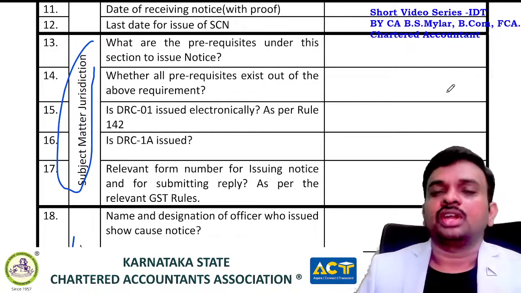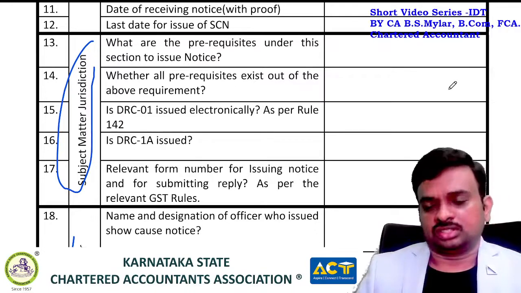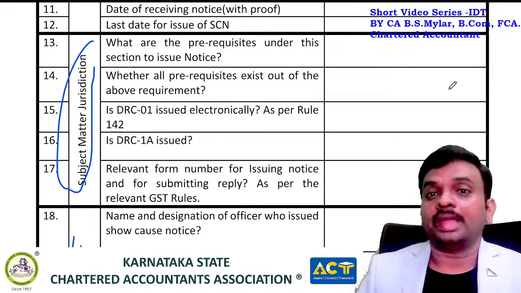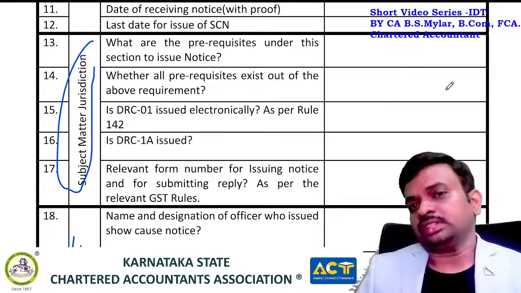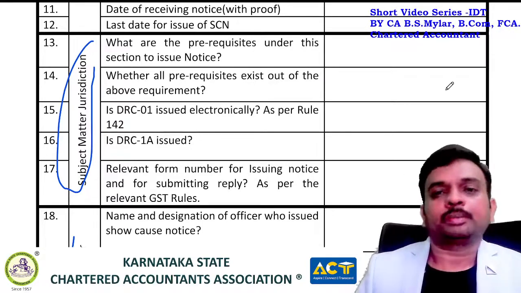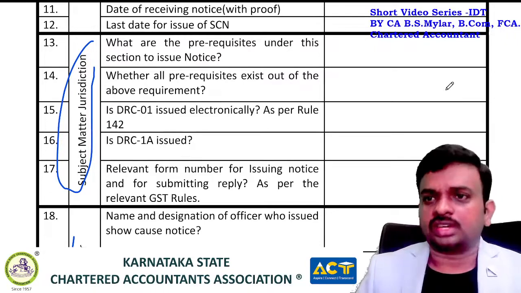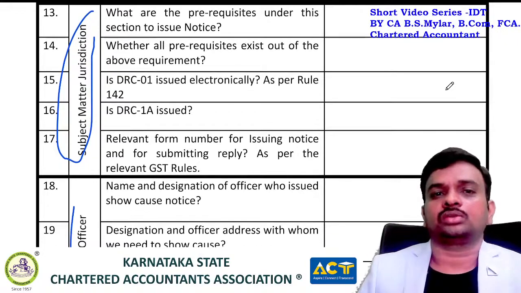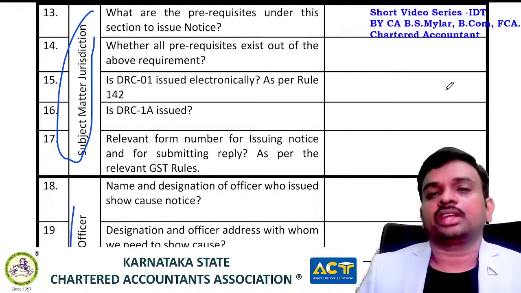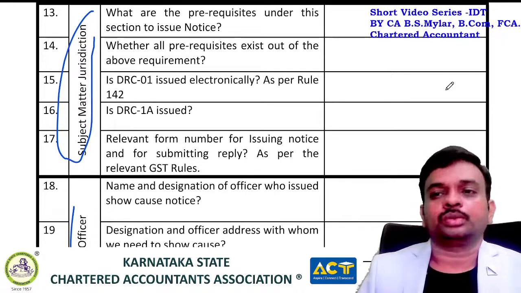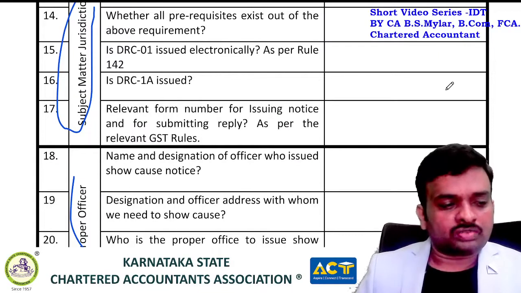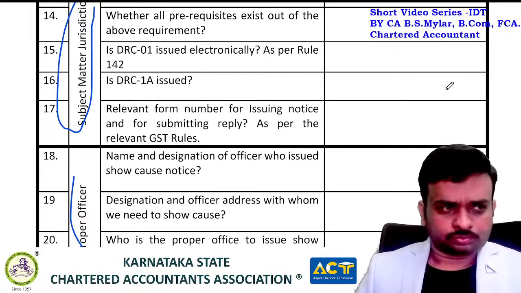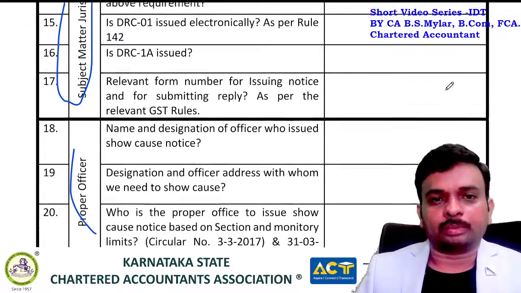Once you start drafting a reply to the show cause notice, you may miss out some grounds. If you have this checklist and you made a note in this checklist, then after replying to the show cause notice, you can come down and check whether you have considered all the grounds, because any one ground may give a big relief to you. So it is better to take all the grounds instead of relying on any one particular ground. It is always better to rely on all the possible grounds.